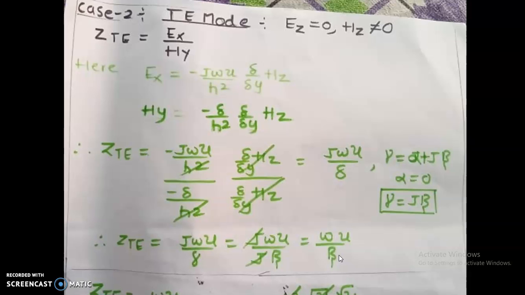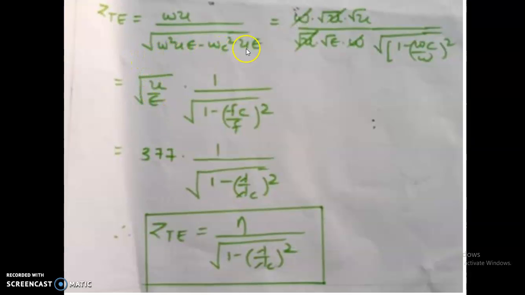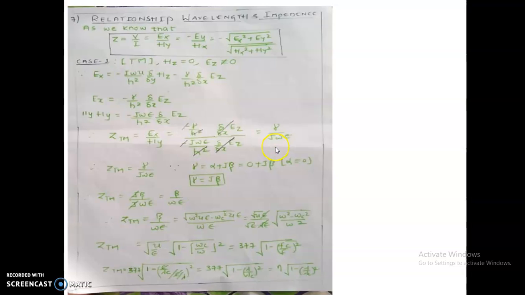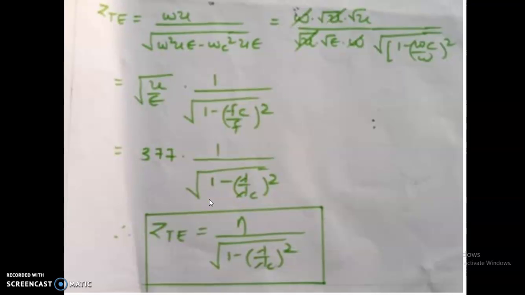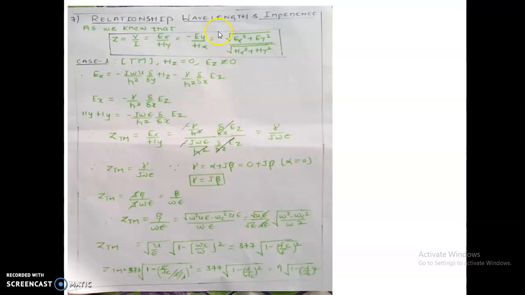Now again what you have to do, you have to substitute beta again. This time the beta is in the denominator. Now you substitute the beta into the denominator. Again the similar parts get cancelled, do the calculation. So I think if you might have done this one, this is almost similar, then you're going to get this as an equation, and I can say that it is a relation between Z and lambda. So impedance versus wavelength, and this is what the derivation indicates.